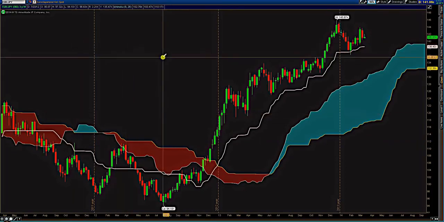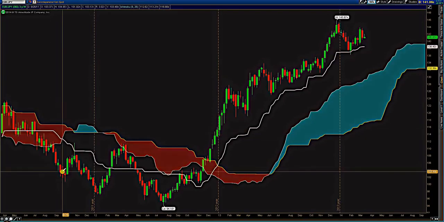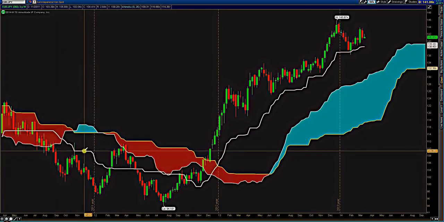All right, now let's say, in this case, the sentiment for euro yen is bearish. So let me take a look over here. Now, what I'm looking for, maybe I take a half of a position when price comes back and retests the Kijun, because I'm using this as a resistance level. So yes, indeed, price came to 109.30, and this would be an area where I would take a short,